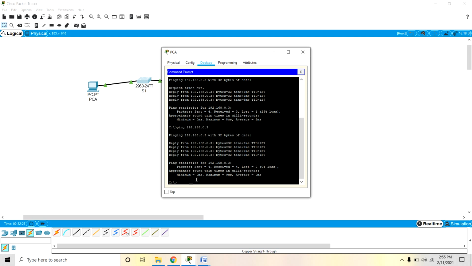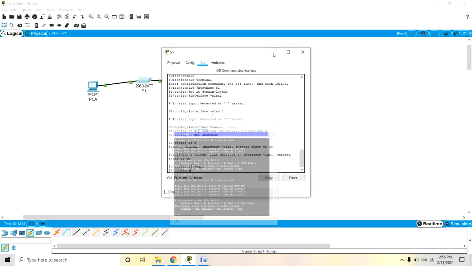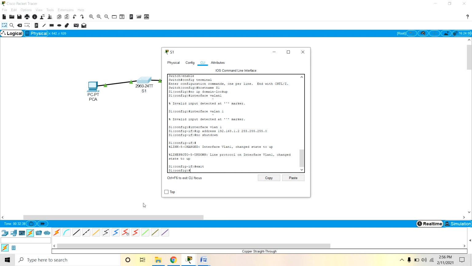Okay, you can observe that there is 0% loss. So everything is connected without any problem. Okay, and also we can ping from S1. From S1 ping PCB.